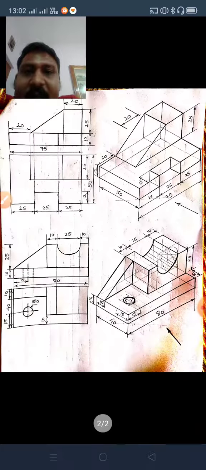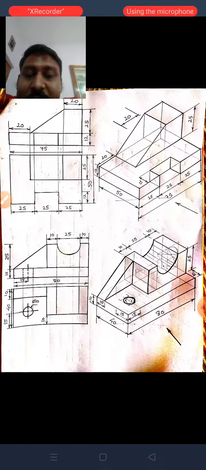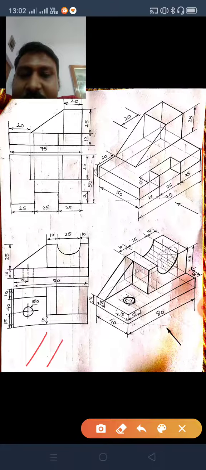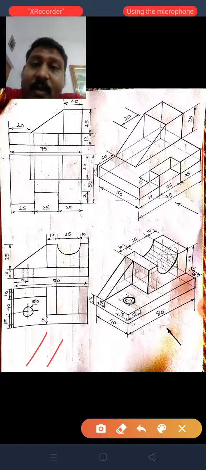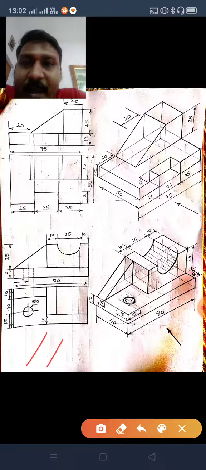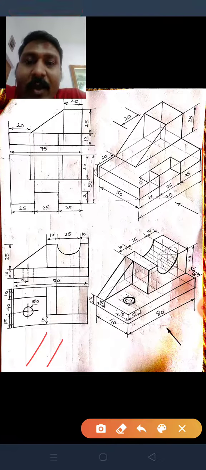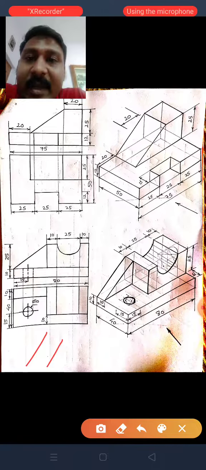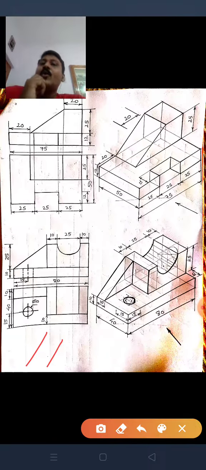So this is clear. And similarly in this question, first you go to my previous videos of isometric projection and watch how I draw a circle in isometric. The circle in isometric view will look like an ellipse. So how can we draw the ellipse in a horizontal plane and how can we draw the ellipse in a vertical plane? I have explained there. First you go and watch those videos.